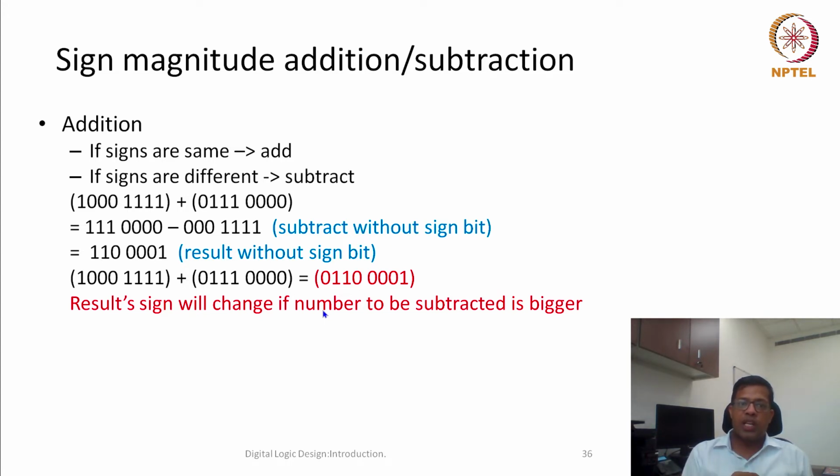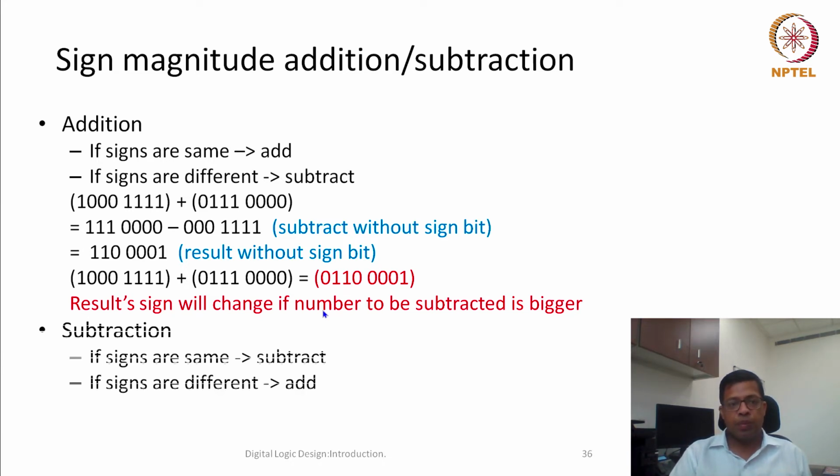Overall, in summary, I can say these steps are: first I need to remove the sign bit, then find out which number is the bigger number. If subtraction needs to be done, then we do subtraction using the subtraction method. Then, whatever result is achieved, we have to find the sign bit of the result, and then concatenate that result bit in the MSB, and that's the final addition.